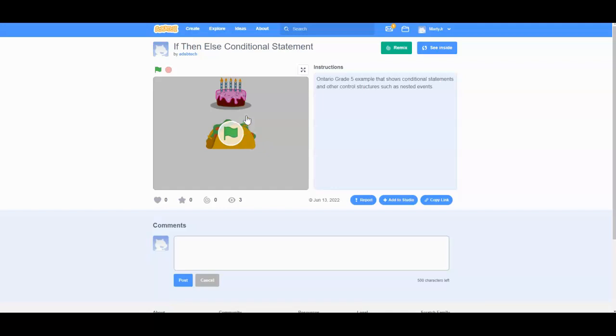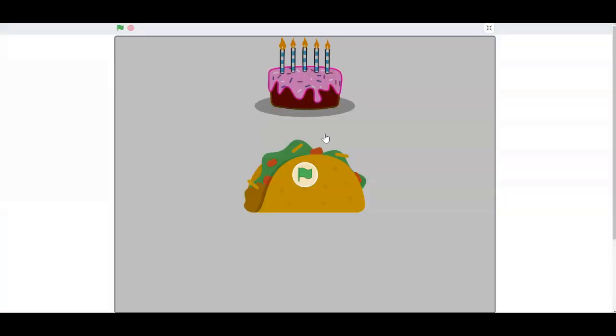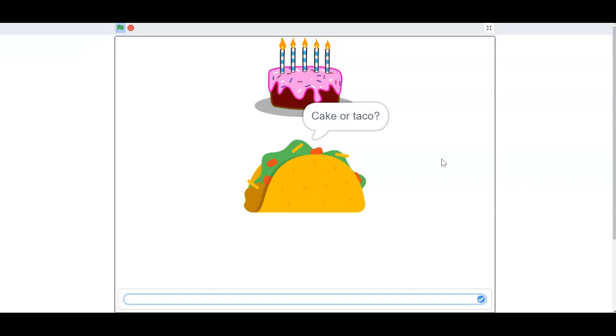So in this illustration, I have a cake and I have a taco, and the idea is to ask the user, what do you prefer, taco or cake? So let me just click the green flag. Let me maximize the screen. I'll click the green flag and walk you through it, and then we will show you how to build this code. Click the green flag and it asks you the question, cake or taco,